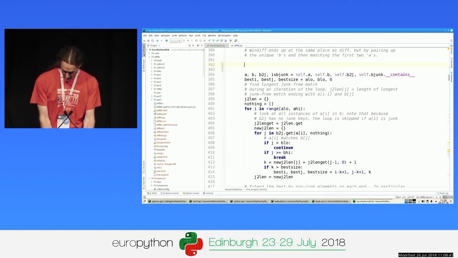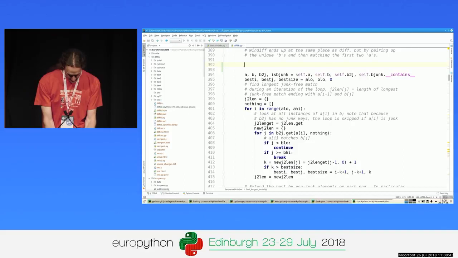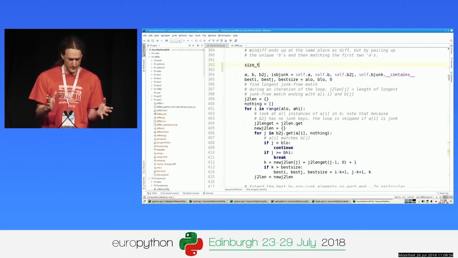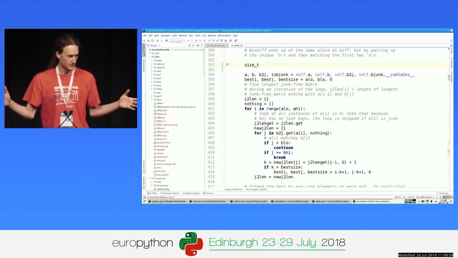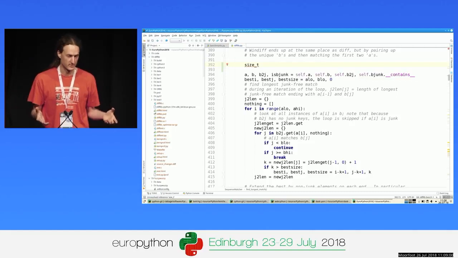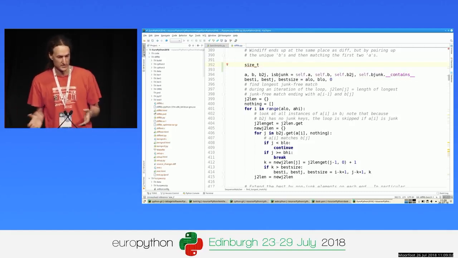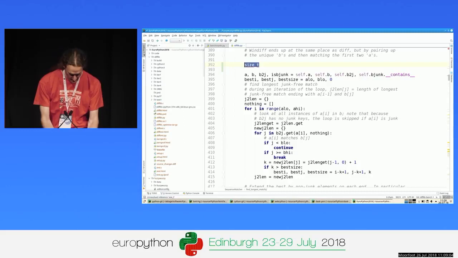But there is a C integer type that I can use here, and it's called Py_ssize_t, or size_t if you want, which is defined to be large enough to fit the size of memory. So on a 32-bit system, it's 32 bits. On a 64-bit system, it's 64 bits, and so on and so forth.